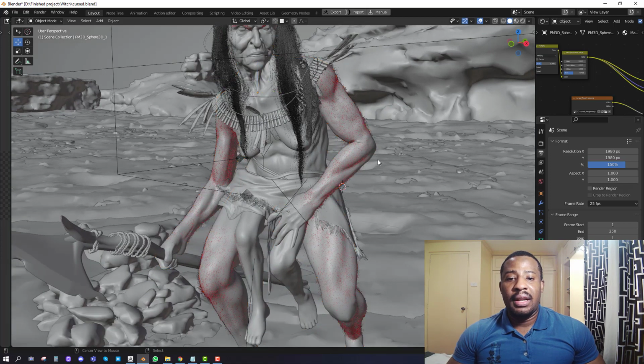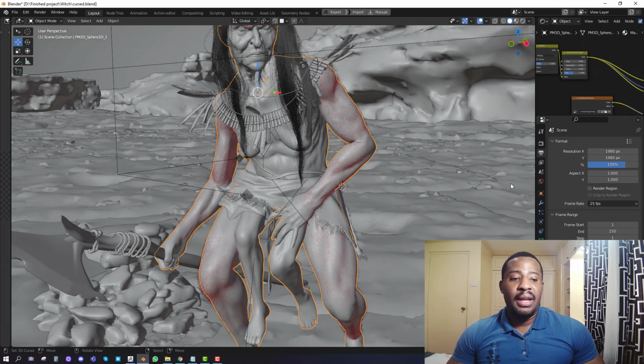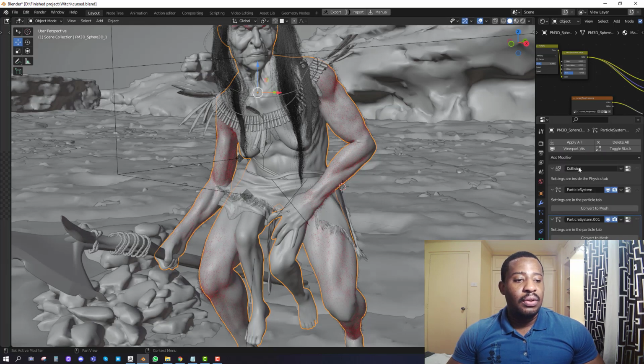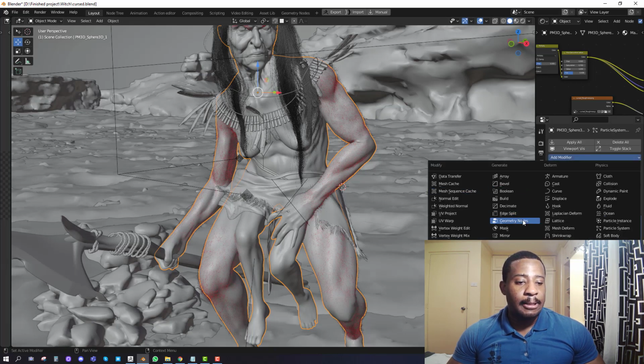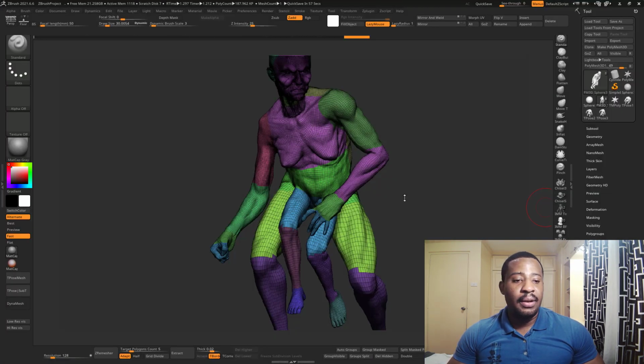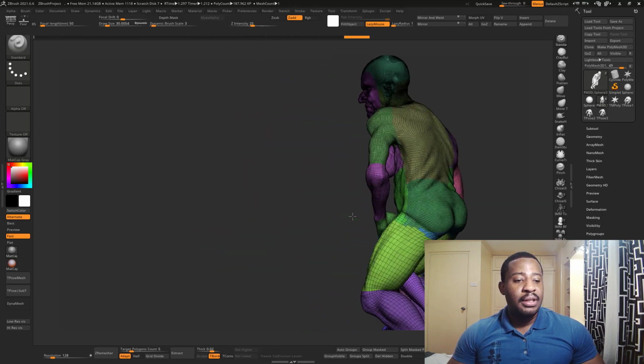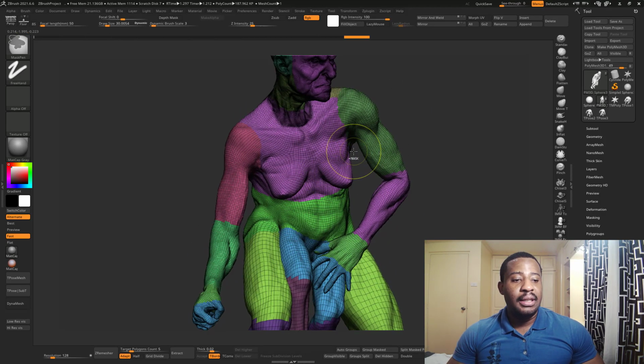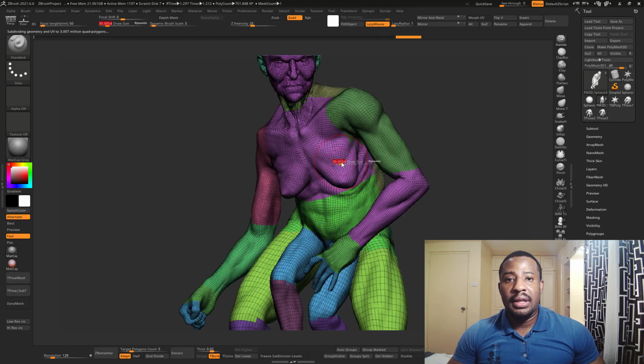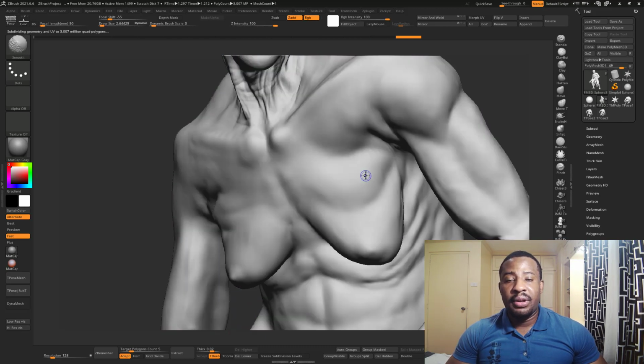A quick example for that is, let's say you want to add more subdivisions. For Blender, you have to select it, you have to go to the modifier, you have to add the multi-res modifier, which is fine, but the way the multi-res modifier is set up is to make it work nicely for animation as well as your creative process.